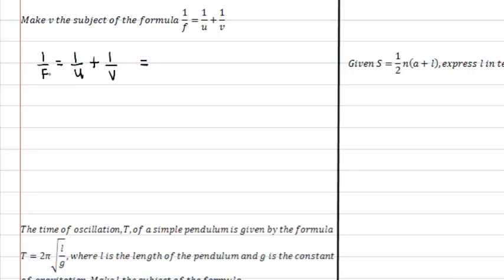To do the LCM of everything, we are going to take the multiplication of everything, that is f u v will be under. So f u v divided by f, we are left with u v. So u v times 1 is still u v,